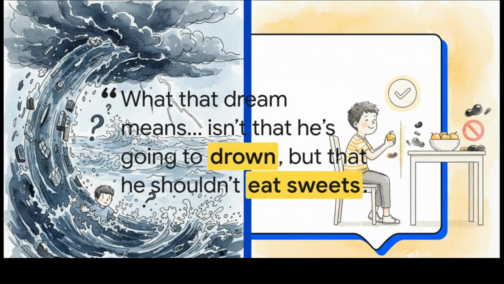At one point, she has this terrifyingly complex dream that one of the young boys in the family is going to drown in a flood. But does she tell them that? No. She abstracts it away. She hides all those messy details and just gives them a simple, actionable command. He shouldn't eat sweets. She gives them the simple interface, not the chaotic code running in the background.